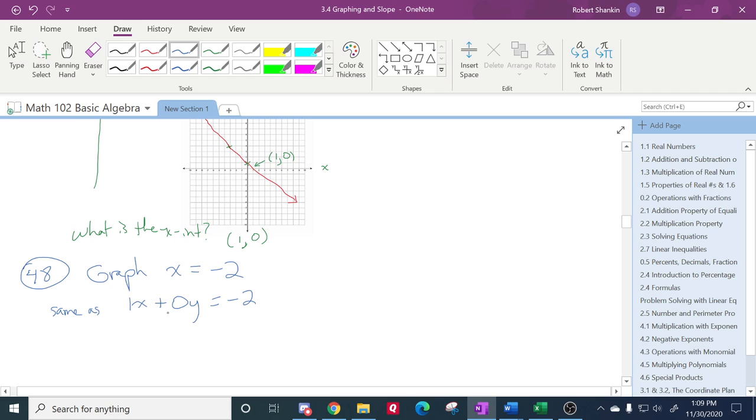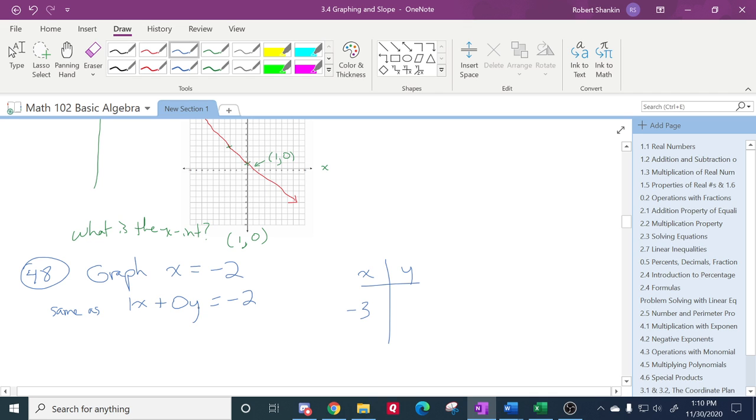And if there was a coefficient of 0 times y, you don't have to write it, because 0 times y is 0, and 0 plus x is x. Right? So this means the same as this, right here. And if I was to make a table of values for it, if I pick -3 for the x,